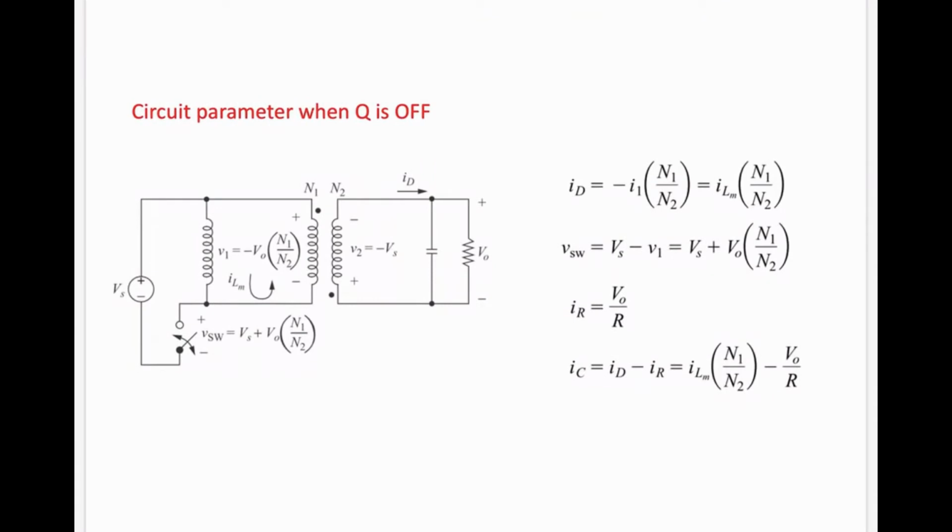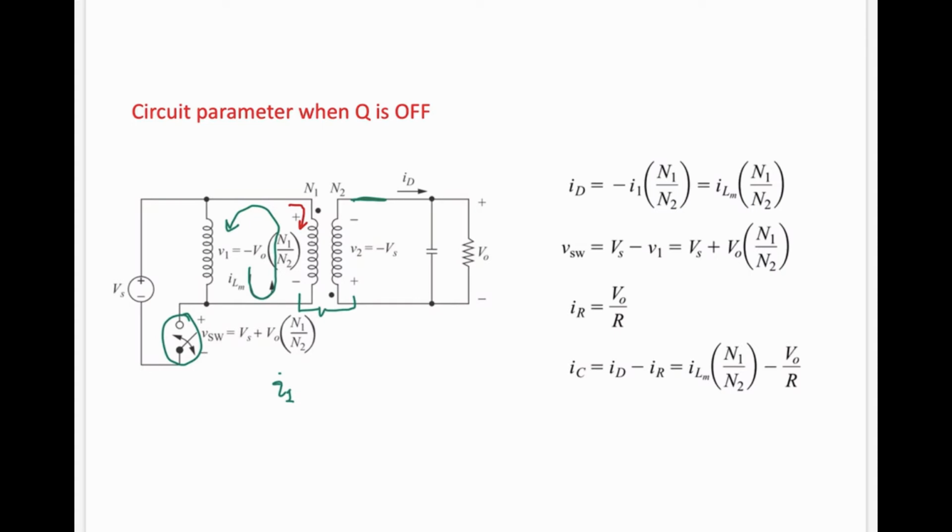Now we look at some other parameters of the circuit when your switch is in the off state. So when this switch is off, your diode will be on. So what will be the diode current? The diode current can be calculated by looking at the current in this loop. The current in the primary winding, that's I1. If you know I1, you can find out I2 by knowing the turn ratio of the transformer windings. But this current I1 is going to flow in the opposite direction. It should have entered from the dotted end, but now it is entering from the not dotted end, so we are going to consider it the negative one.